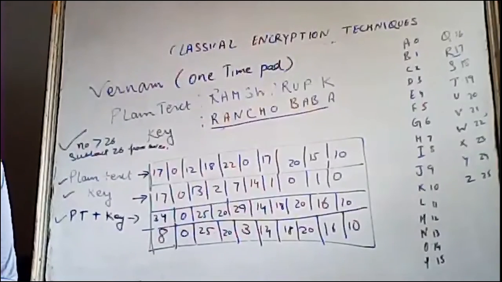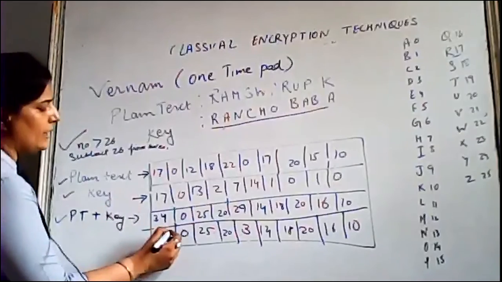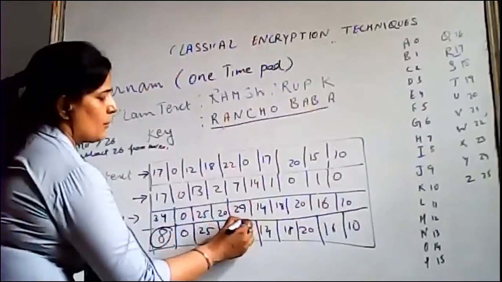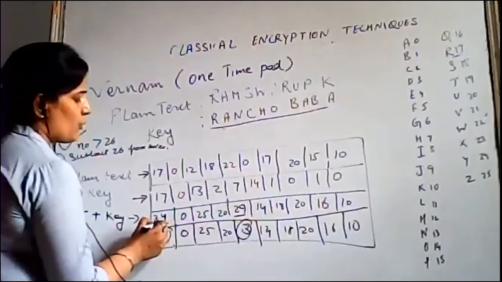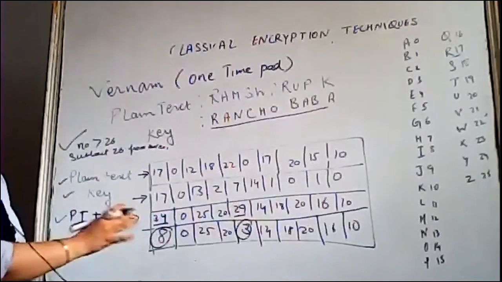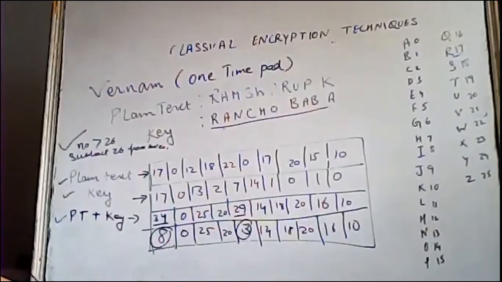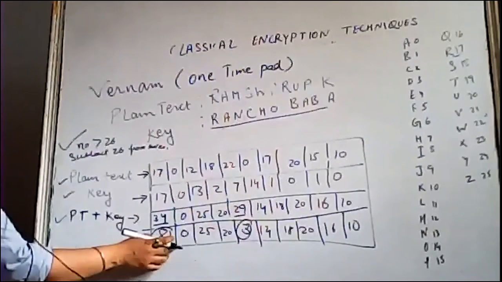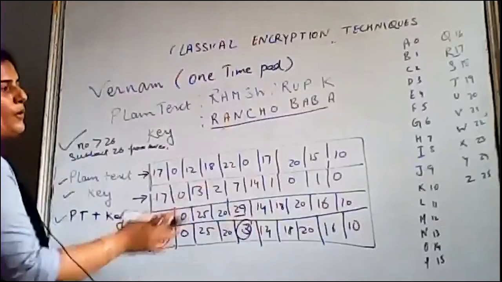Right? So this is how this number would be. The issue is only in that particular case if your number is greater than 26. And there is a simple rule: you have to subtract 26 from that number. Now what to do? Again, you have to substitute this number according to your alphabet.